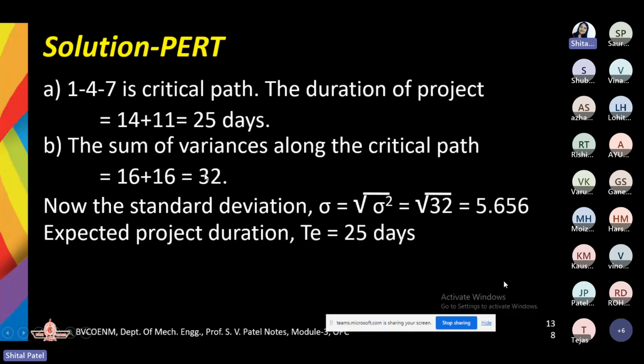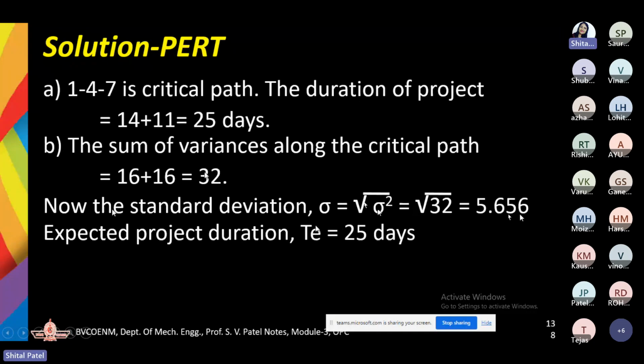Next step is now find out the standard deviation. So we have sigma square as 32. So if you take its root, this is your sigma square. So now you need to go for the standard deviation. So under root of sigma square, you'll be getting 5.656,